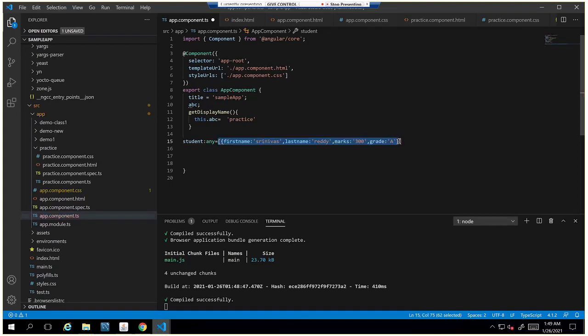Okay. So now copy and paste the same multiple times, then that becomes multiple students. So I copied the same object twice. So here we have 2 students, and I will change to my, here 400.